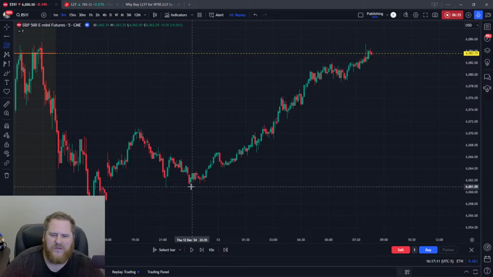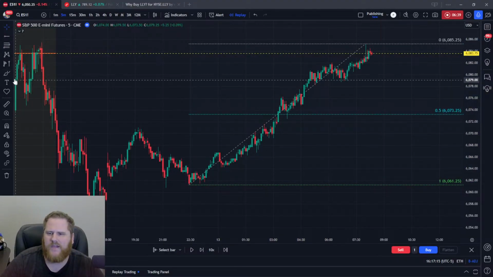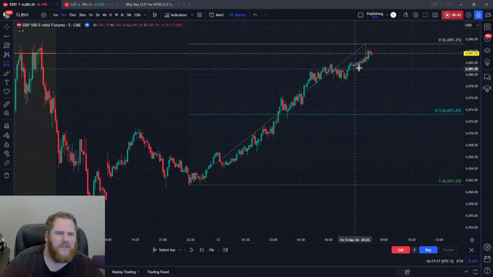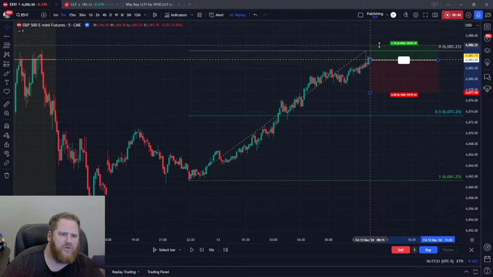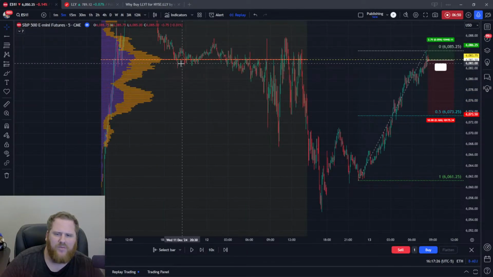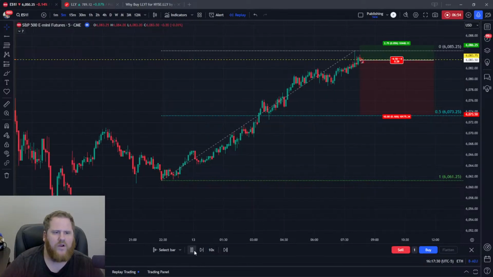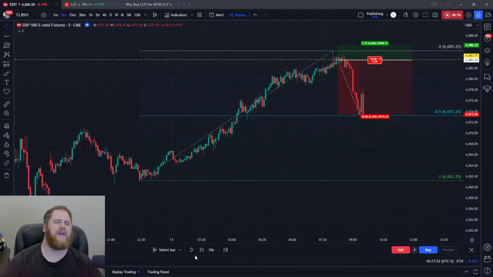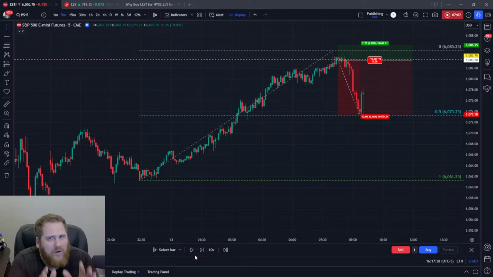My target was, again, a 50% retracement typically. I did a little 3 contract spread like normal. Took a short, with just a little stop above the high. Again, we're playing off this volume profile for the last 2 days. It's a 5-minute chart. I didn't say that before. And we got down to profit. Like I said, I like to take the profit, and I don't trail my stops.